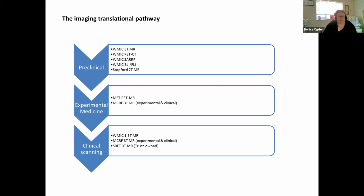This is our version of the imaging translational pathway. Anya, yours was very much more slick than mine is. But what this just demonstrates is where the equipment is and how that fits into the translational pathway. So I'll talk you through the ins and outs of the kit and where it is and why it fits